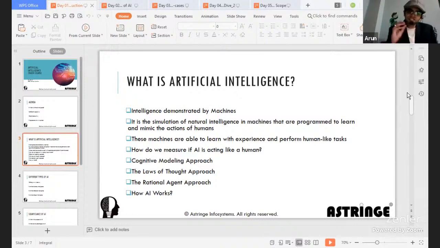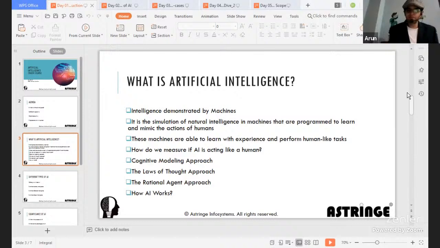That is how I term it. Then, it is the simulation of natural intelligence in machines that are programmed to learn and mimic the actions of humans. If the machines are able to learn on their own, that means they are at least able to understand that humans also learn, and based on the way humans learn, like the way I said about reinforcement learning, if based on the feedback it gets, it tries to optimize itself, then that will lead to a better accuracy.